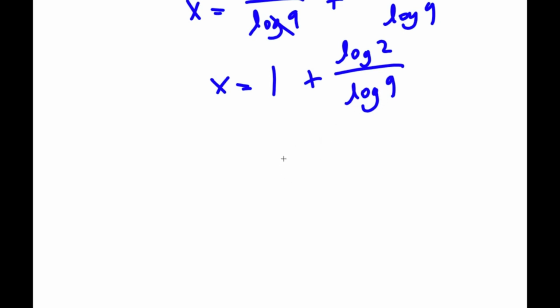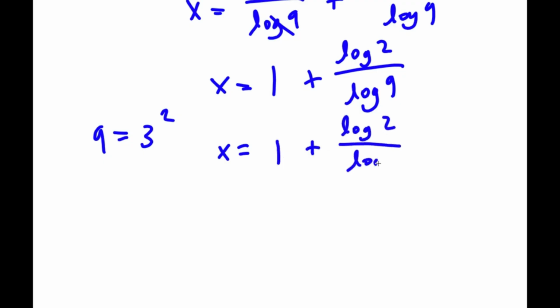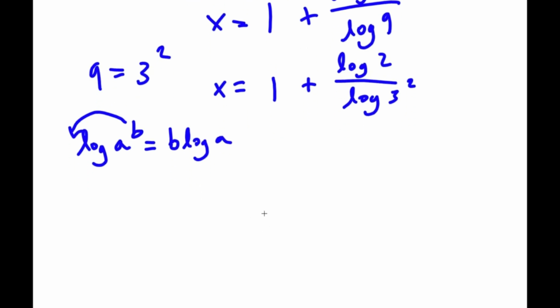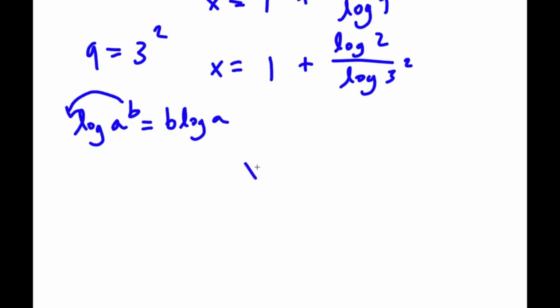Now, 9 is the same thing as 3 squared. So if I replace 9 with 3 squared, I get x is equal to 1 plus log 2 over log 3 squared. Now remember the property of logarithms that states that if we have something in the form log a to the power of b, we can move our exponent b to the front of the logarithm, so this would equal b times log a. So log 3 squared